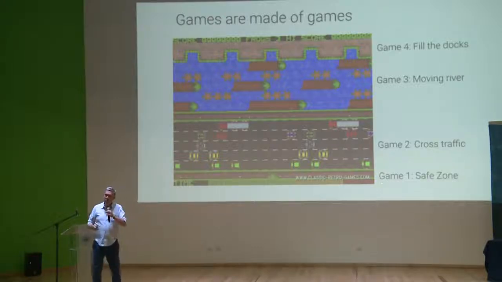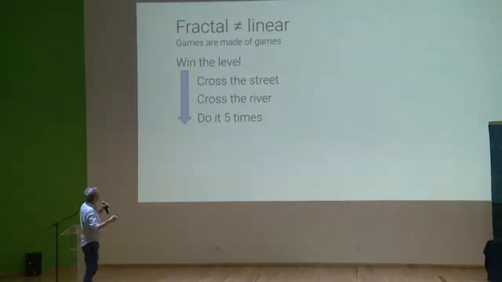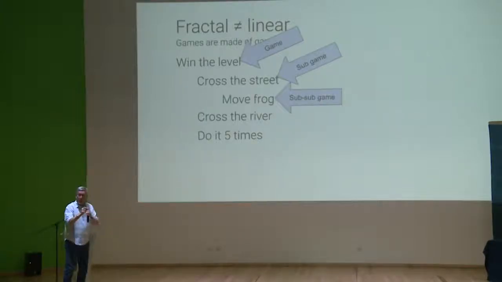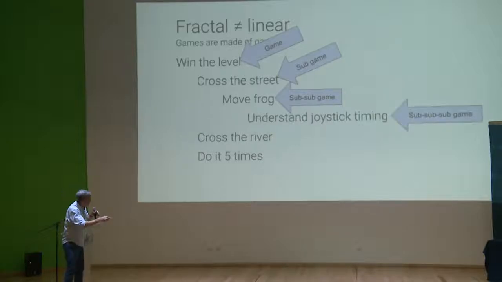Now, at first when he showed this to me, I'm like, well, this isn't fractal, this is linear. And he goes, no, it's not linear, it's fractal, because yes, this is a way of breaking it down, but to cross the street, the game, of course, is to win the level. The sub-game is to cross the street. The sub-game is to move the frog. And if you really want to get down to it, the sub-game is to understand the joystick timing, because when